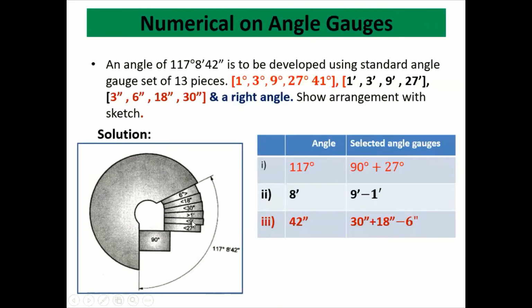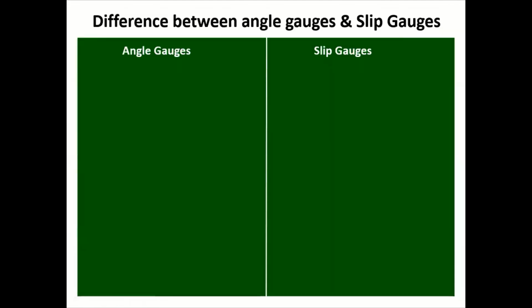Then 9, again it is a plus sign. Then the engraved V is opposite to the previous one, meaning minus 1. You can see here I show the engraved V in opposite. Here again 30 seconds, okay, 18 seconds, and again minus 6 is there right now. So again you can see the position of the V will be opposite to the addition. So in this way addition and subtraction can be done.